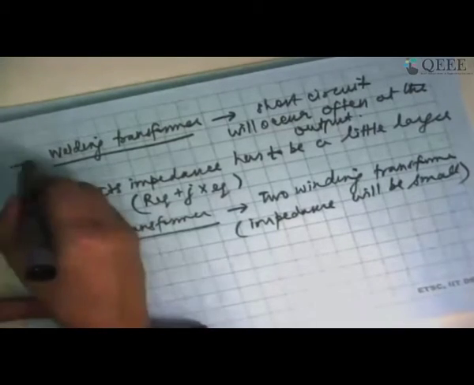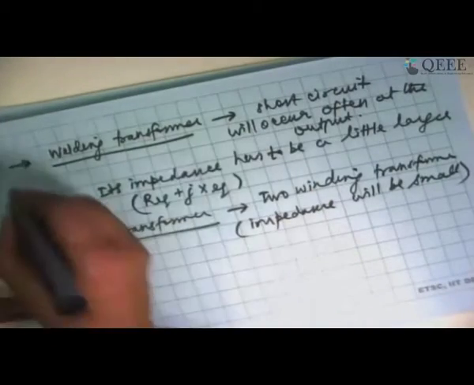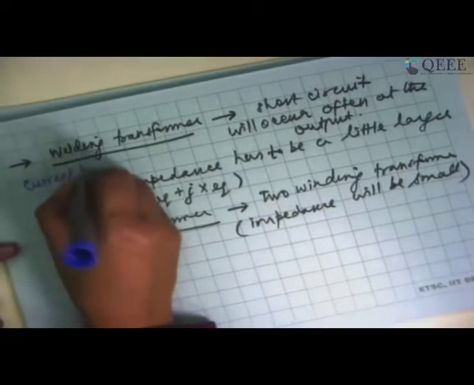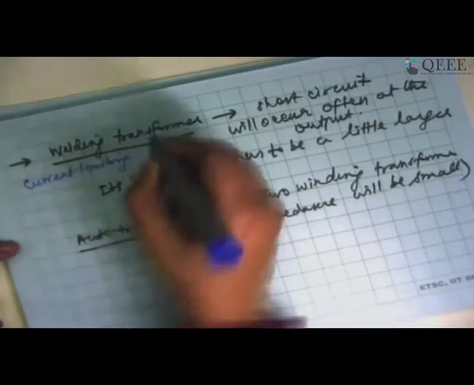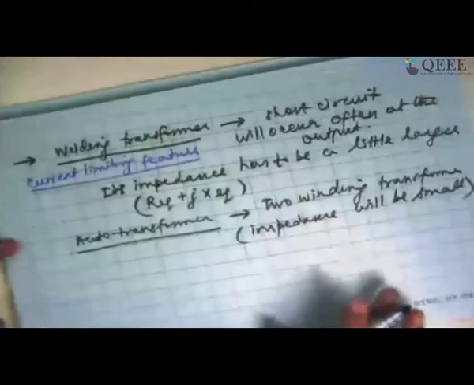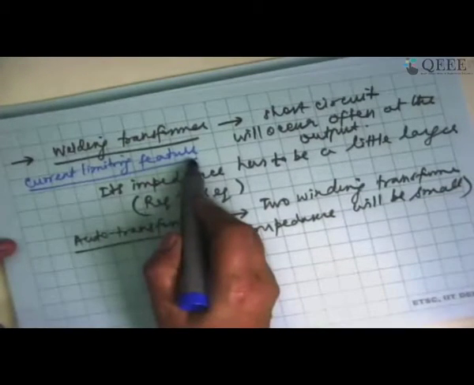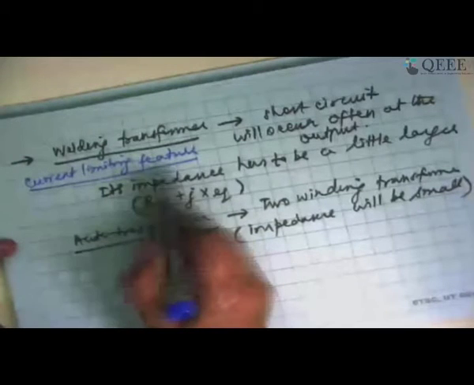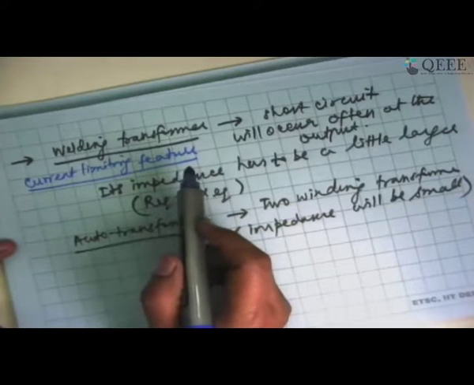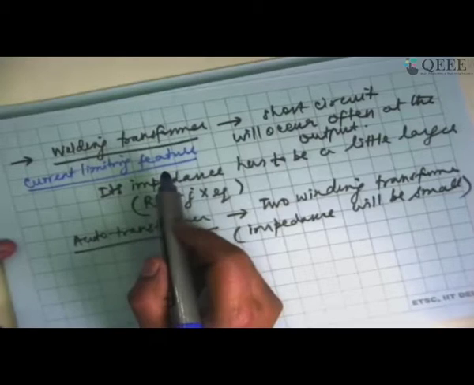Generally in welding transformers, we will have some kind of current limiting feature. Invariably, we have to add a current limiting feature, because the electrode might stick to the workpiece, which is like a short circuit condition. At that point, current limiting has to be incorporated. Otherwise, the transformer is going to draw very heavy current and it can be detrimental to the transformer. Right? Got it? Any further queries on this?